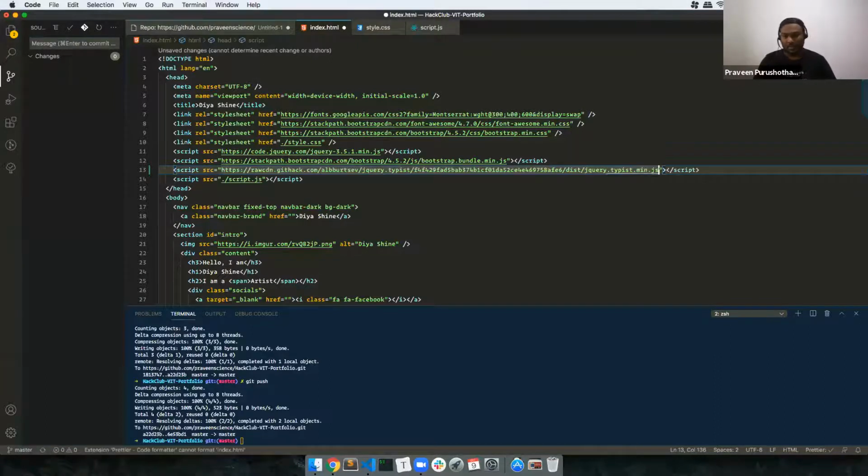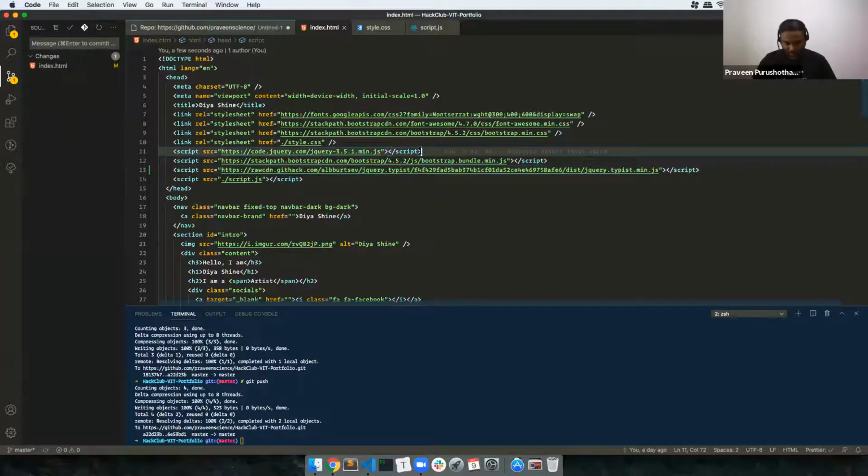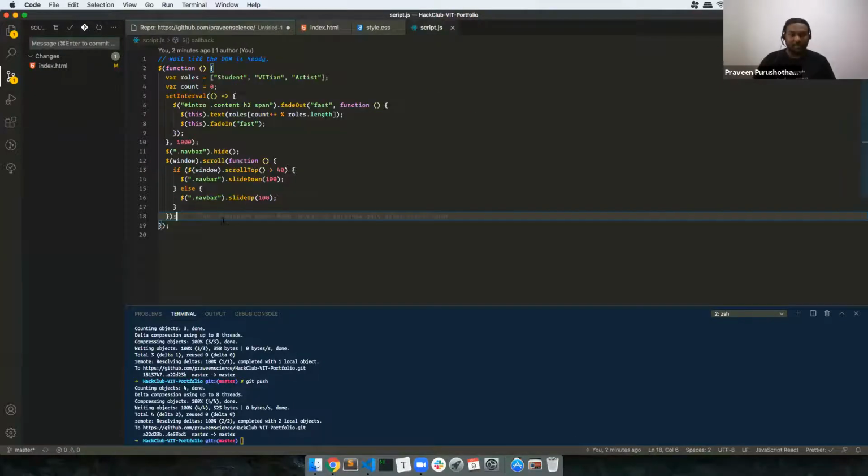This is where I have added the library. First I load the core jQuery. Then the whole website is powered by Bootstrap, so I load Bootstrap. Finally, I load my third-party stuff, and then I have my own script, which I'm loading here.